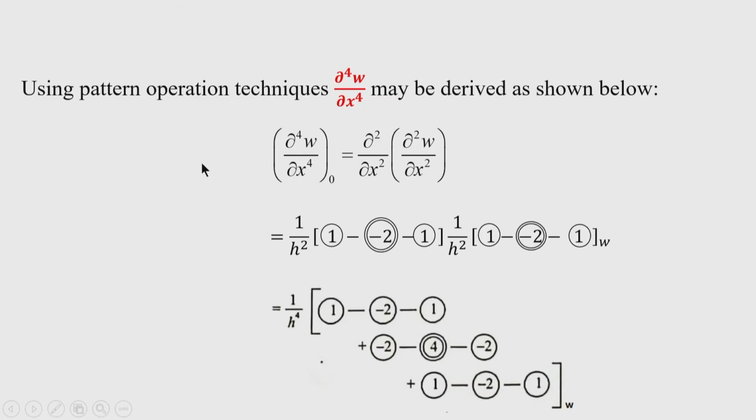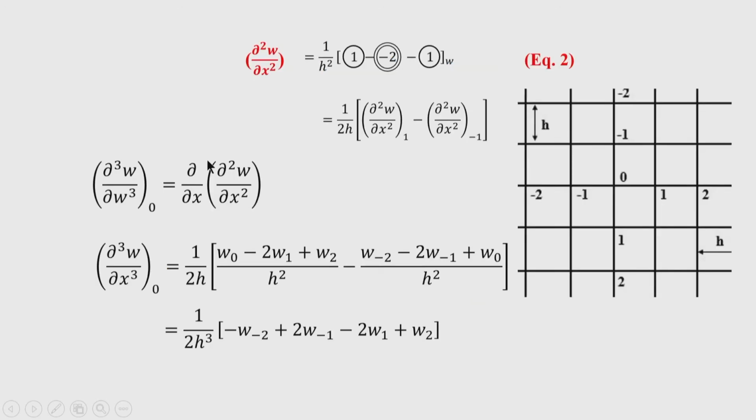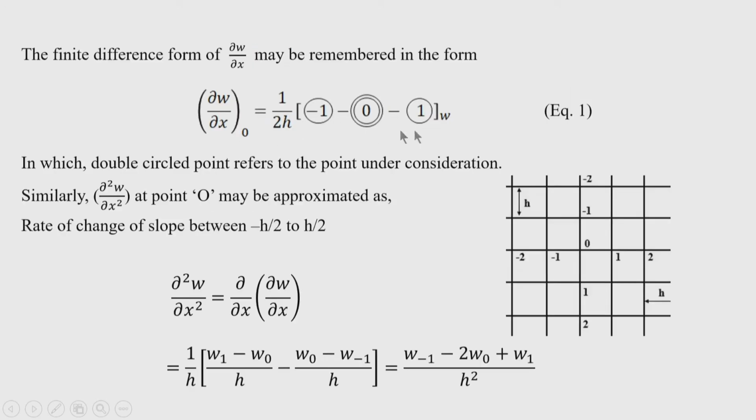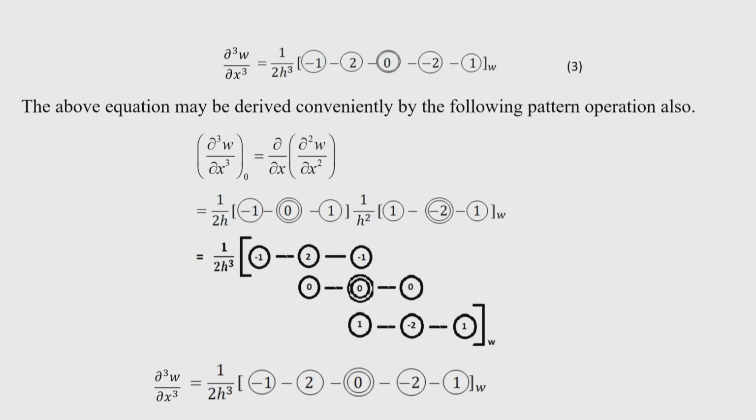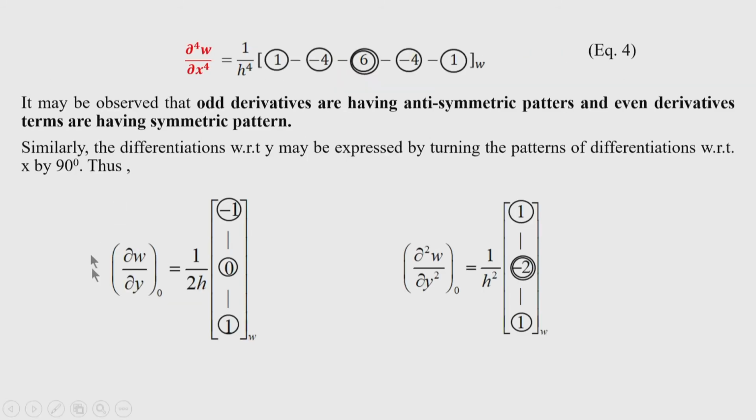Okay. So, the first result that we got, say slope, this is the horizontal line, that means it indicates along the x axis. So, 1 0 1. If I rotate this 90 degrees, I will get del w by del y. So, here this pattern is noted, del w by del y: 0 is the nodal value, and towards the negative side it is minus 1, towards the positive side 1. Similarly, the second derivative, the value was 1 by h square and 1 minus 2 1. So, it is written after rotating it 90 degrees.